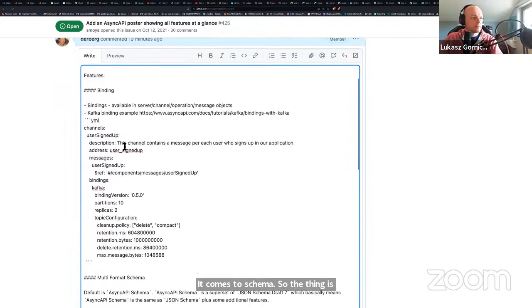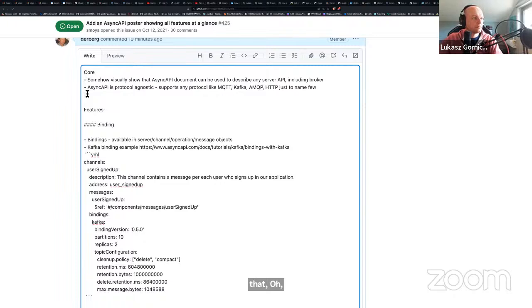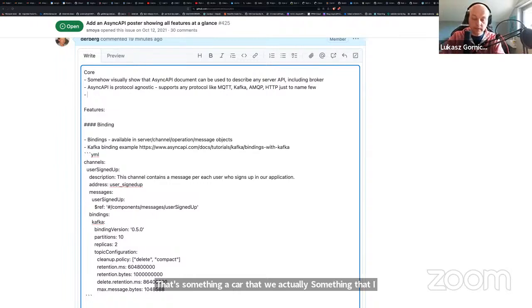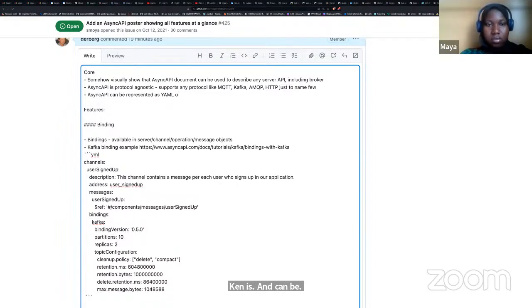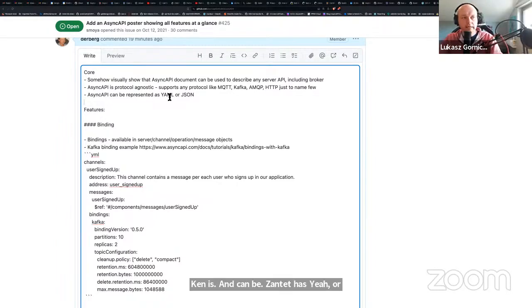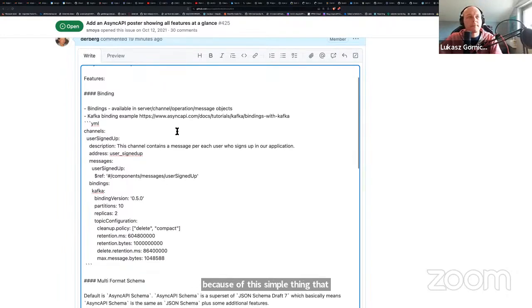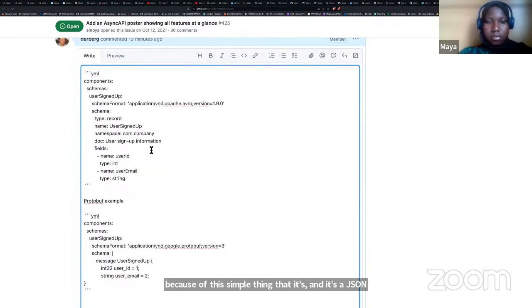Maybe that's something a core that I assume everybody knows, but maybe we should have it explicitly shown at the top: that AsyncAPI can be represented as YAML or JSON. And because of this simple thing, that it's JSON, the problem is that we cannot